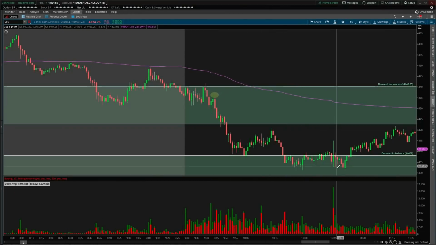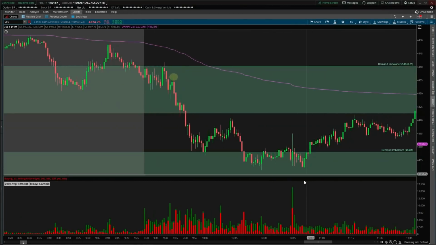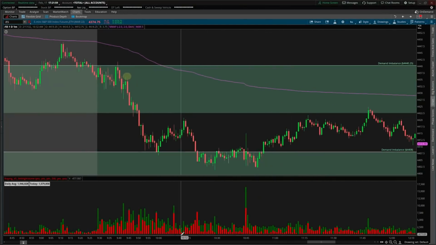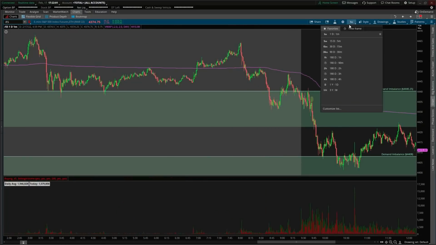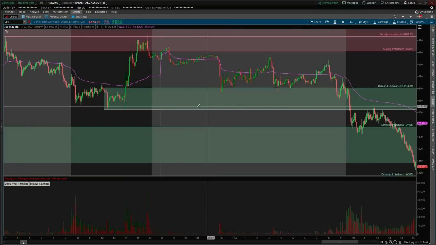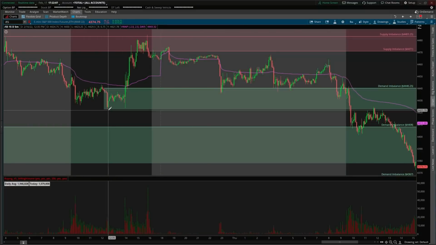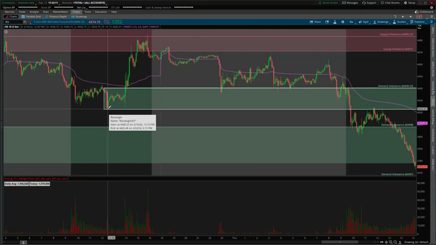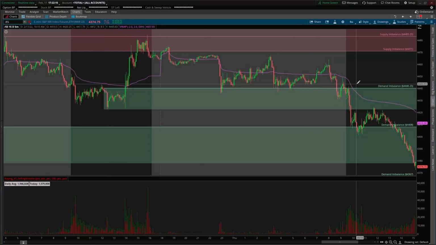The S&P tried to find a bid off this 4408 demand zone, and guess where we found resistance? I'm going to go to a 5-minute chart. Found resistance right at the previous day's low. We broke the low, came back into it, and 4423, what was old support, yesterday's lows, acted as